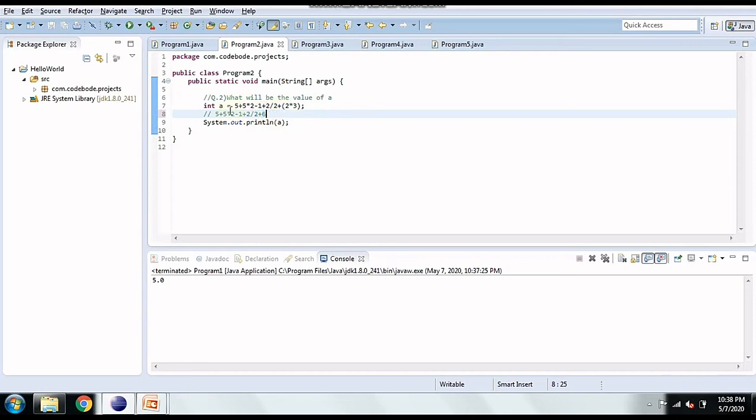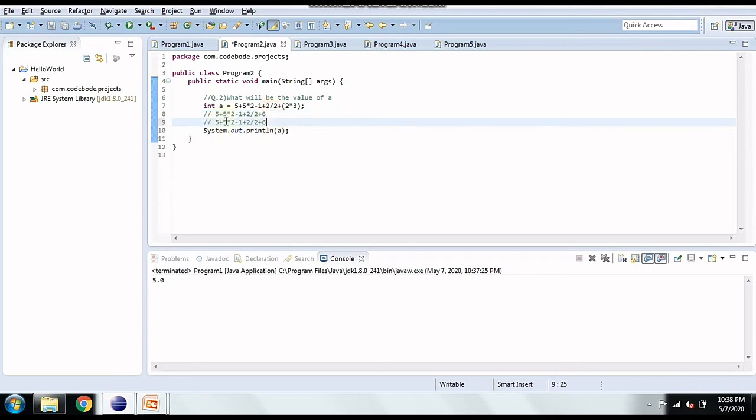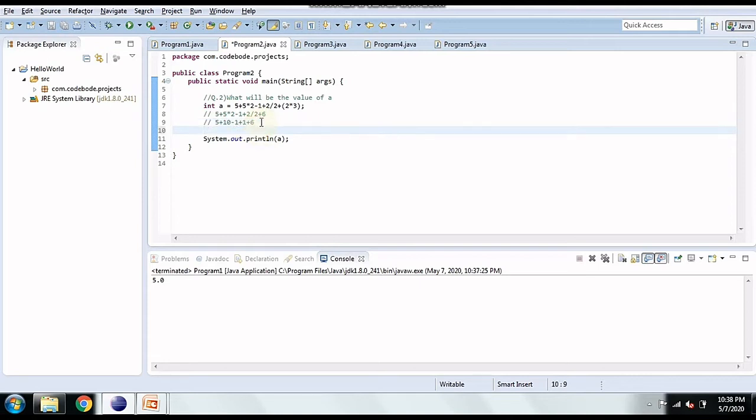Then the next preference goes to multiplication and division. So 5 into 2, that is 10, and 2 divided by 2, that is 1, will be solved first. And the next preference goes to addition and subtraction. Both are of the same preference, so from left to right, they are going to be solved. So 5 plus 10 is 15.